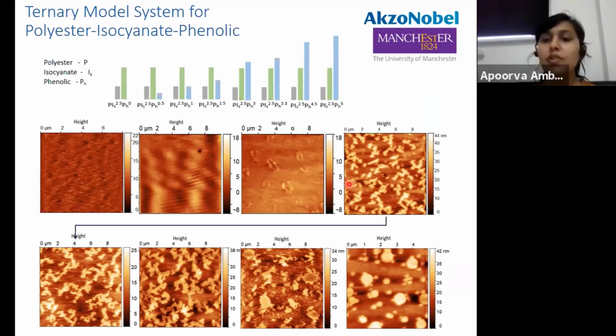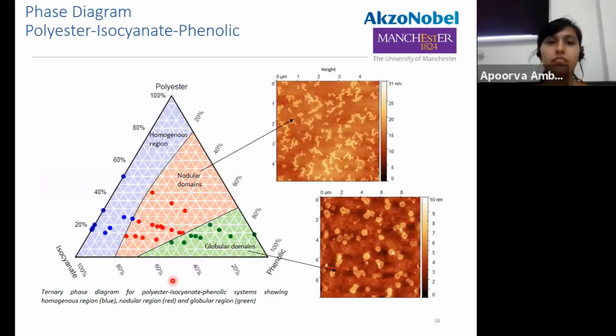When we further increase the amount of phenolic, we see a gradual increase in the size of these nodular domains until a peak concentration. Beyond this concentration, we observe a gradual transition of the nodular phases into globular domains. In the final system, we can see the morphology is purely globular. So with this kind of series, we were able to obtain a ternary phase diagram for the system polyester, isocyanate,